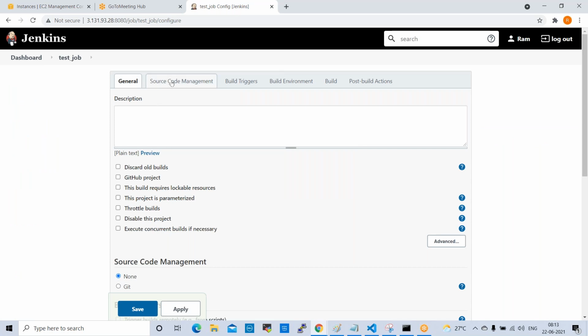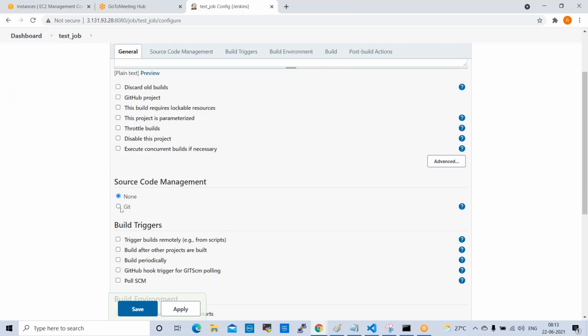In source code management, Git is available. Yesterday we removed Subversion, so Subversion is gone from here. When you configure any job, you need to select some Maven version. Maven is required every time for every job, because without Maven we can't run the job; Maven is required to build the code.